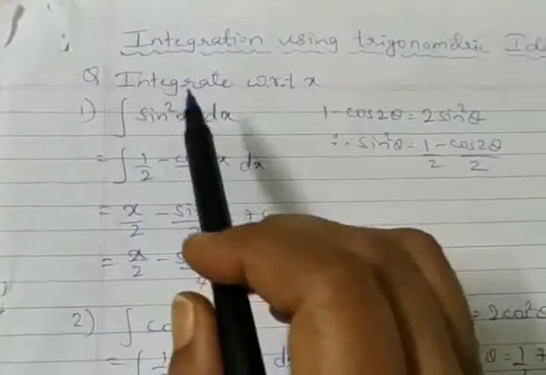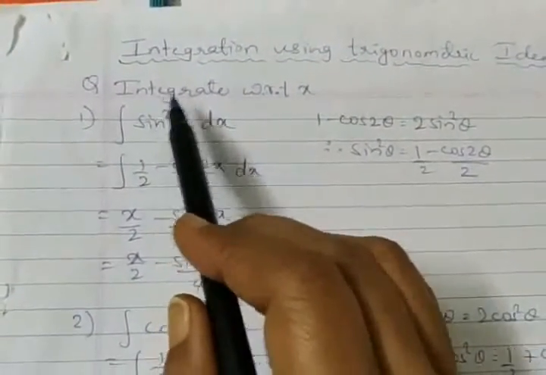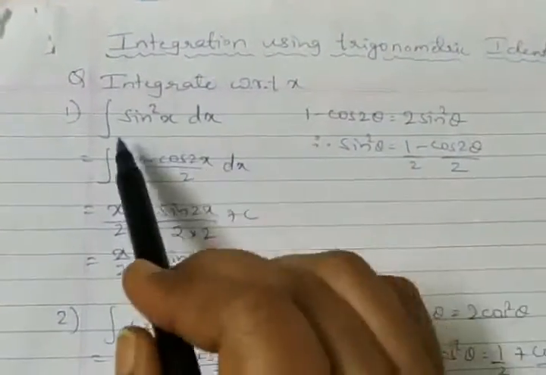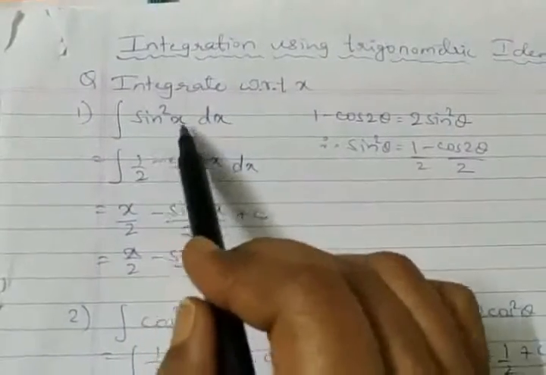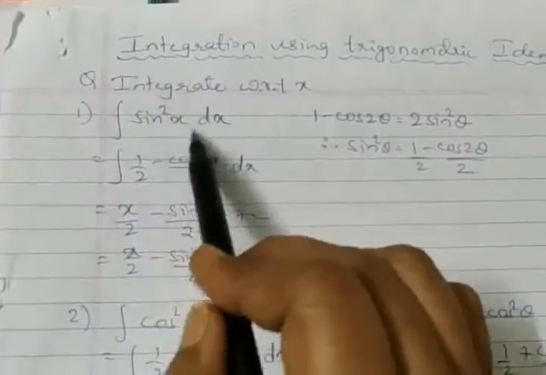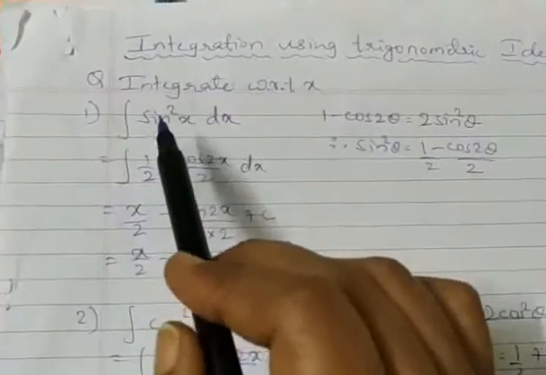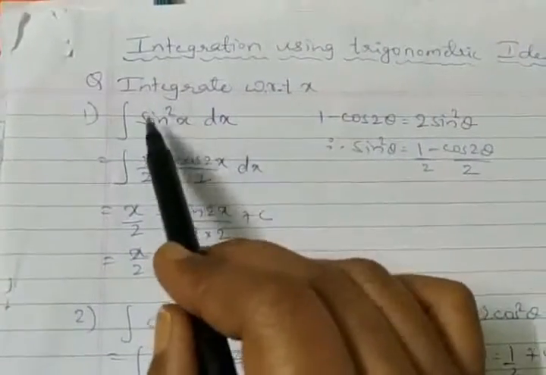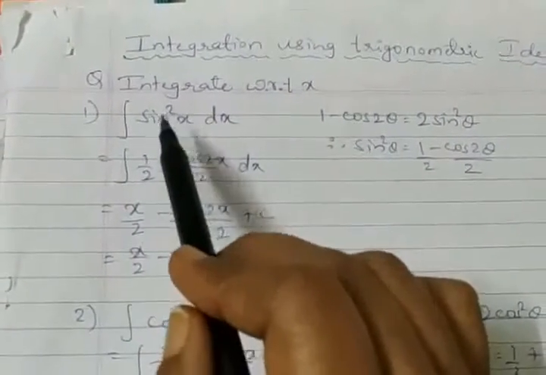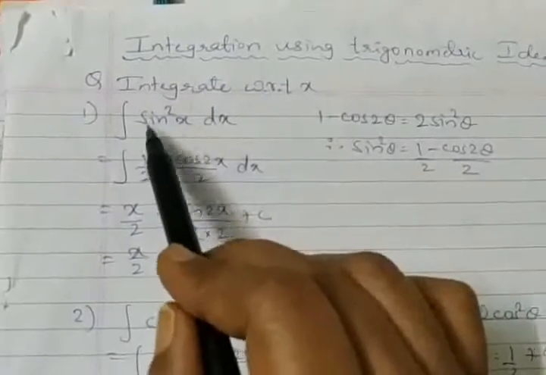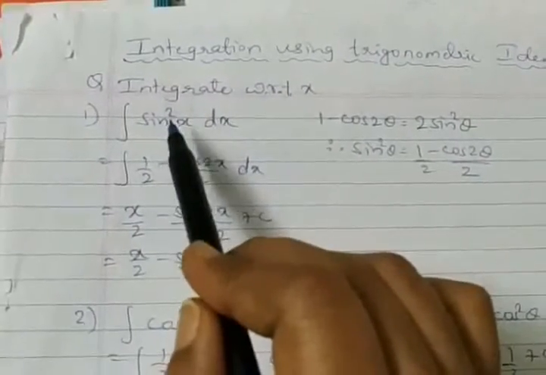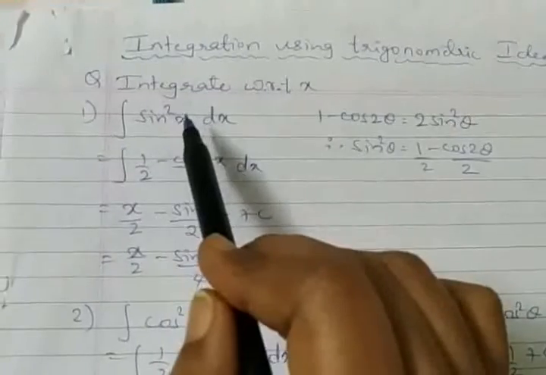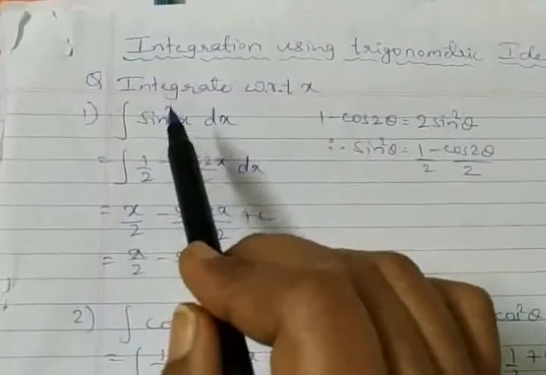So these are to be remembered. The question is, once again, integrate with respect to x. First question: sine square x. So integration of sine square x. How best can we do this? At the most, sine square x can be taken as sine x into sine x. But we know very well that in the case of integration, a UV product we try to avoid as far as possible, and we would like to convert the product back to a sum.